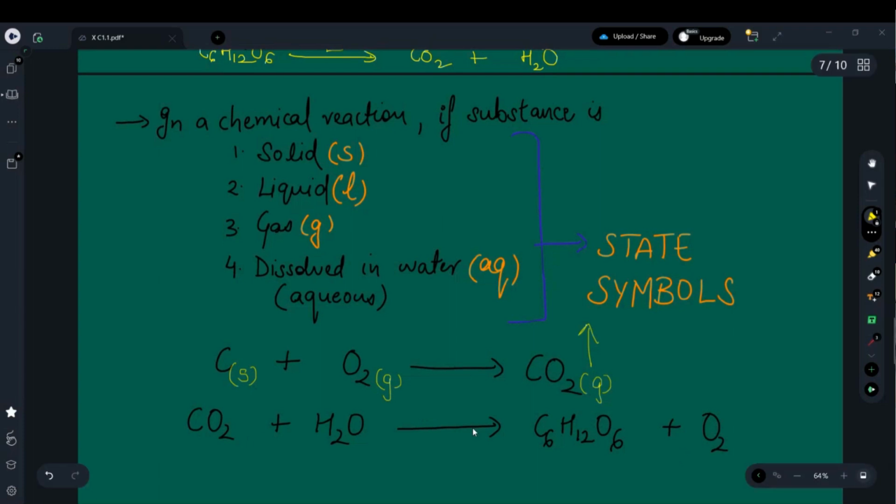Okay, I'll fill up the next one as well. So CO2 is a gas. Water is a pure liquid. You'll see that water is the only pure liquid in this case. C6H12O6 is a liquid as well. All right, no, not a liquid. It's a solid, by the way. So sugar, right? And O2 is a gas. Again, it is a gas which is evolved. So an arrow shown upwards here.